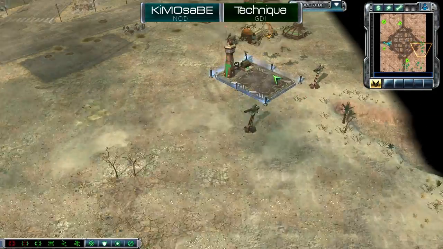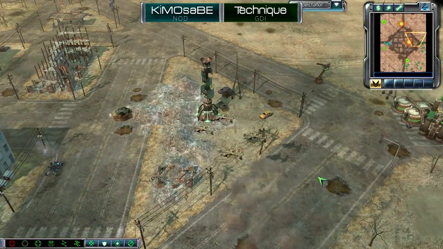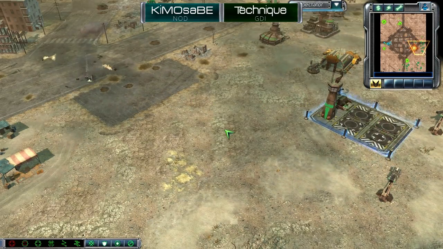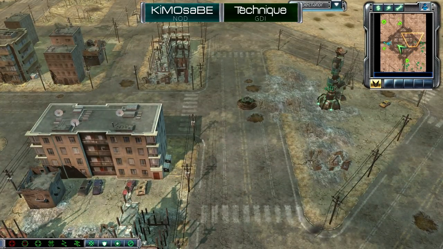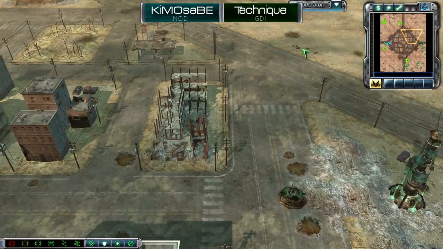But one airfield is going to be remaining for Technique, and he is going to be building those 4 Orcas, sending them off, of course, laser fencing preemptively and keeping those watchtowers around just in case anything fancy tries to go down. Both of these players able to hold on to their Tiberium spikes so far into the game, which